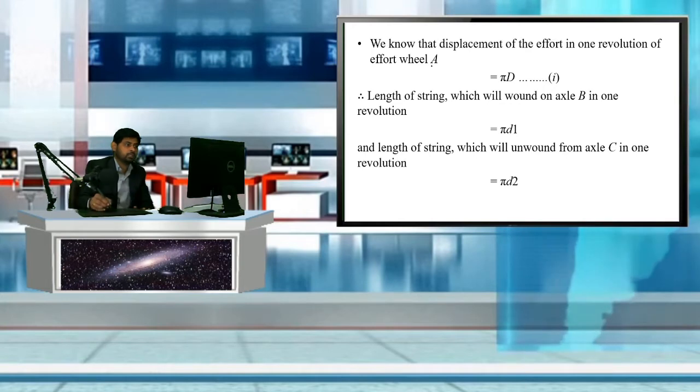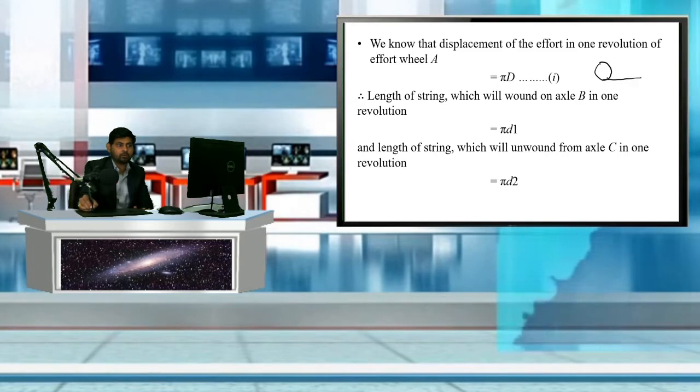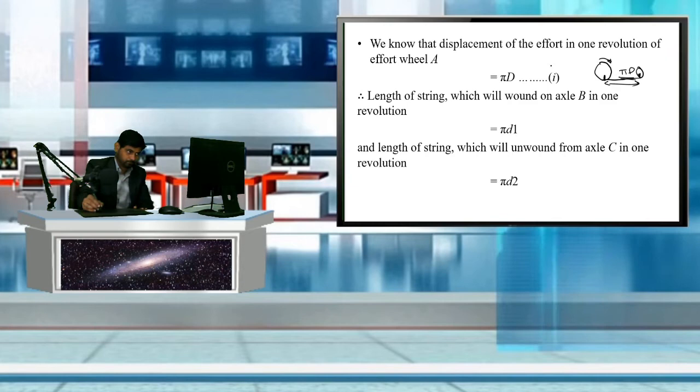Wheel is circular, right? So for completing one revolution, here is our nozzle, and when this wheel rotates and this nozzle comes to this end also, that is your distance. That is nothing but the circumference of your circle, which is pi d. So it is similar to the simple axle and wheel.